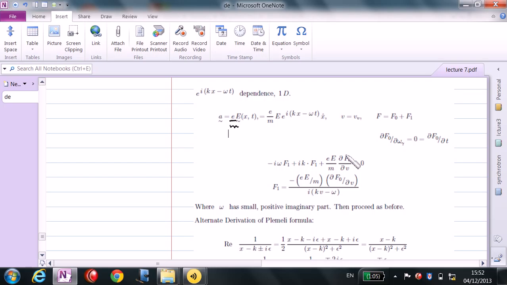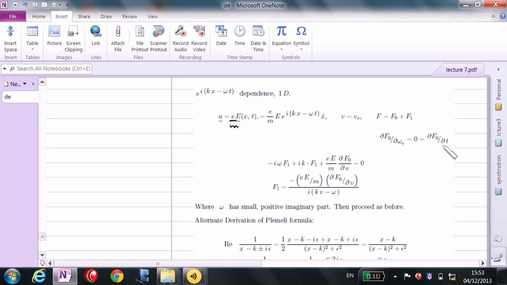F1 is not smaller than F0. What I assume now is, first of all, E is going to have this dependence, but F is going to be the sum of two terms. F naught is spatially homogeneous. It's just a constant of space and time. It tells you just what the state of the particles was before the wave started growing at minus infinity,